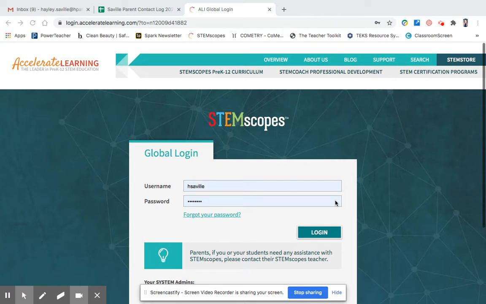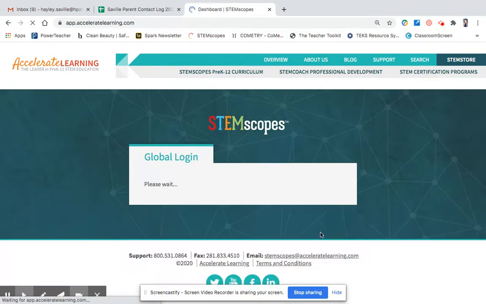So what we're going to go over today, we're going to walk through the STEMscopes website, which is what we use for science. And as of right now, I'm not going to send y'all logins and passwords for that website just because I feel like it'll be a little too confusing. So I'm just going to show you the teacher's point of view on this website and kind of how I teach, what the style of the lessons are, what topics we're going to talk about, and all that fun stuff, okay? So I'm going to go ahead and log in,